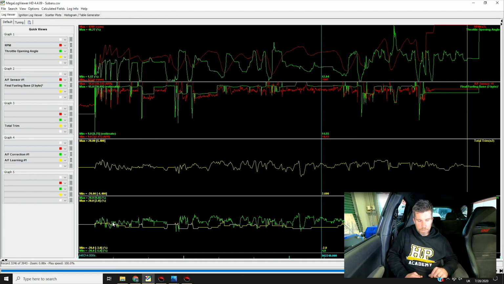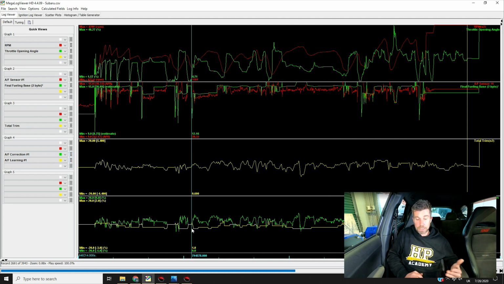Again, it can help to just make sure your scaling is correct. If we look here, we can see we're manually scaled between a minimum of -20 and a maximum of 20%. So basically we should, with everything dialed in correctly, be seeing these sitting around about the center. So they're doing some work. But how can we use that data to help us with our mass airflow sensor scaling?